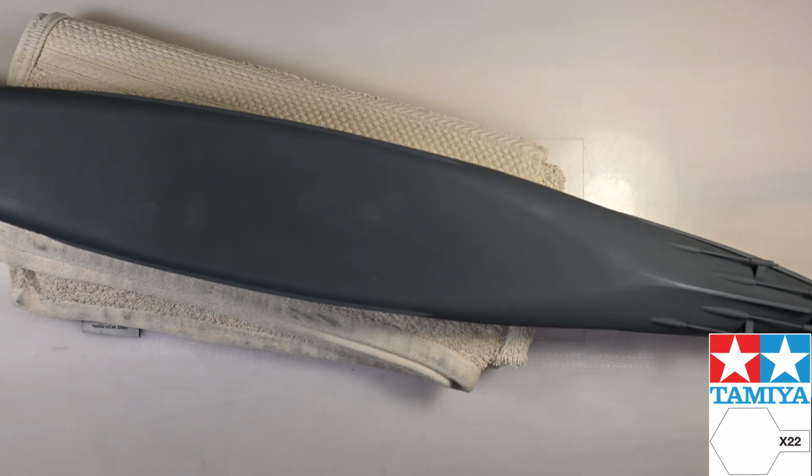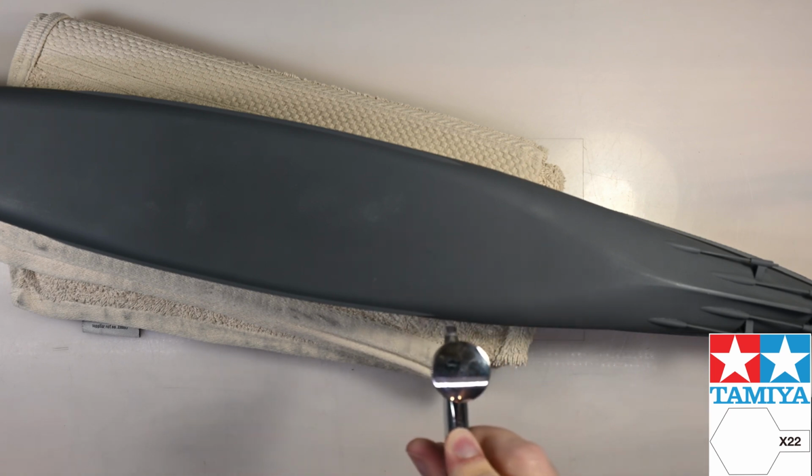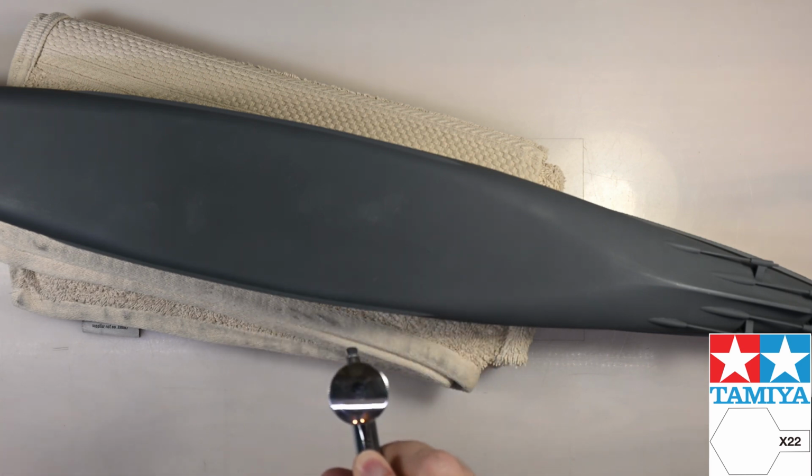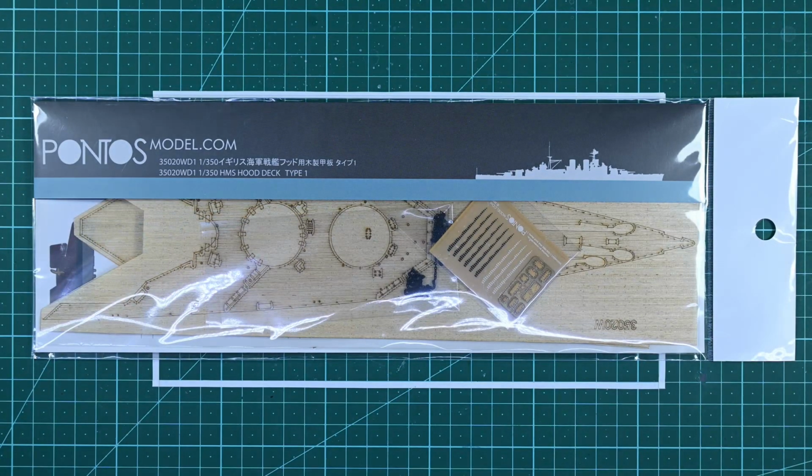There aren't many decals that come with this kit. In fact, for the actual plastic kit itself, there aren't any decals. There actually aren't even any decals that come with the Photo Edge Detail Upgrade Kit. All the decals that I'll be installing in this video either come from the wooden deck kit by Pontos, or